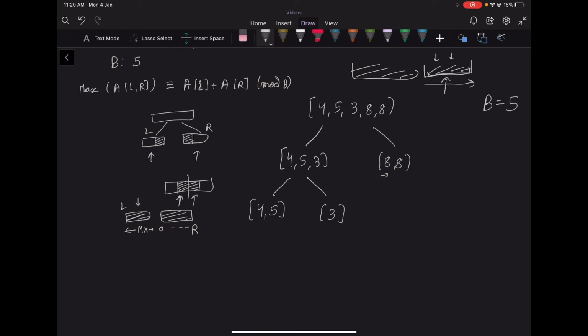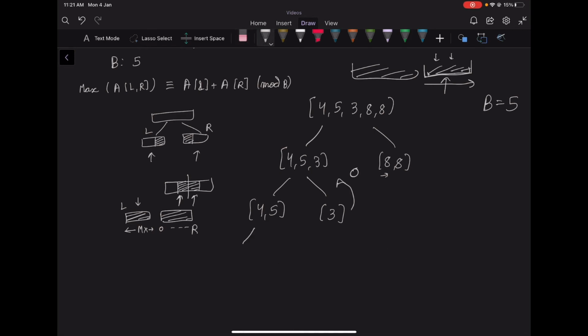For subarrays of length 1, the maximum will be 3 only, and we can simply check if 3 is congruent to 3 plus 3, which is 6 modulo 5. That's not congruent modulo 5 because 3 modulo 5 is 3 and 6 modulo 5 is 1. So we'll return 0 from here.